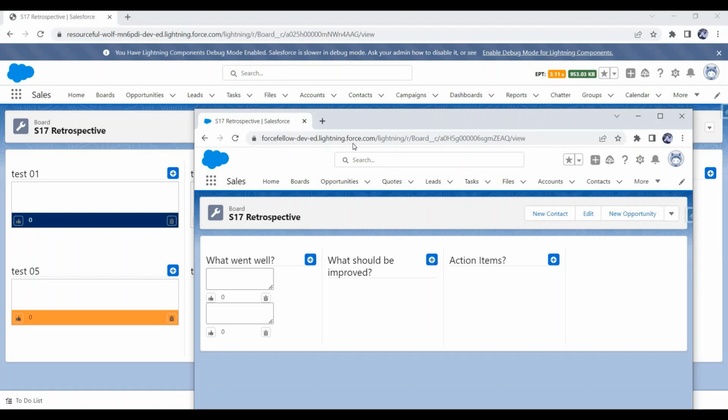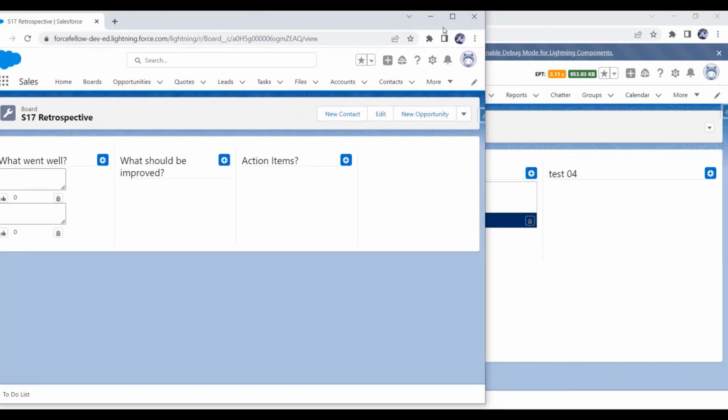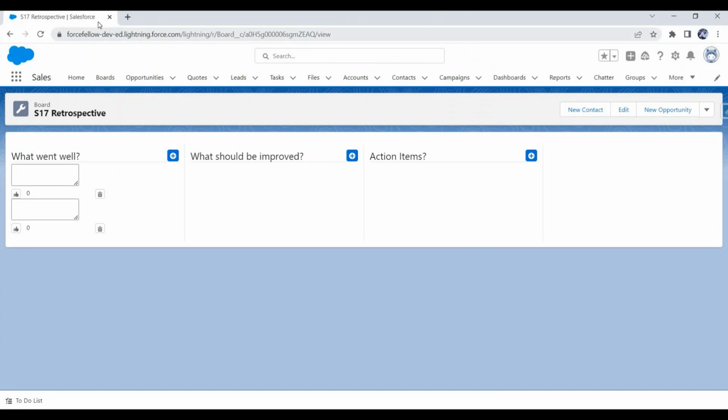The reason behind this is our sections property is not a reactive property, and reactive property means whenever anything gets changed in the property, it will automatically update and render changes on the UI without any manual refresh. So now the question is how we can make a property reactive in LWC. Then we can say using the track decorator. I mean, if we want to make any property reactive in LWC, then we have to add the track decorator